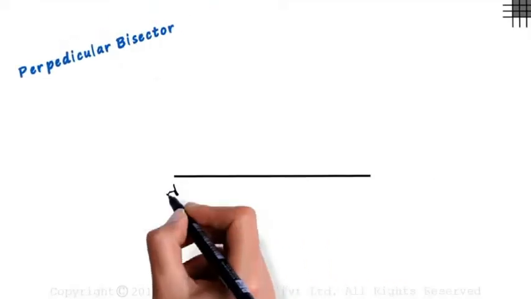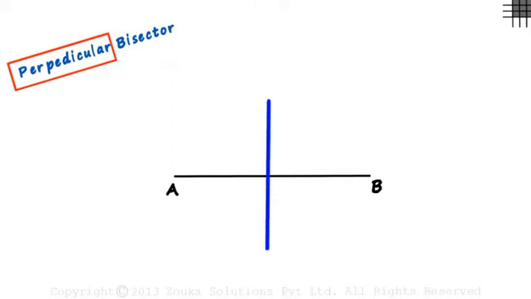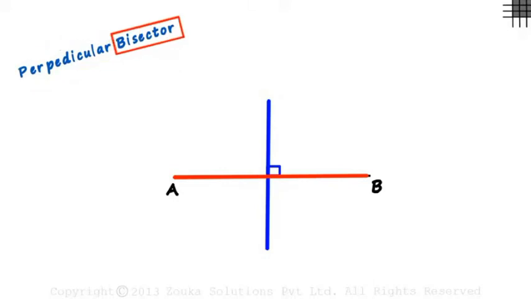Construct a perpendicular bisector of line segment AB. Before we understand the construction, let us understand what perpendicular bisector means. Perpendicular is simply a straight line drawn at an angle of 90 degrees to a given line or a plane. And bisect means dividing it into two equal parts. It means we have to draw a line perpendicular to this line at a point which divides this segment into